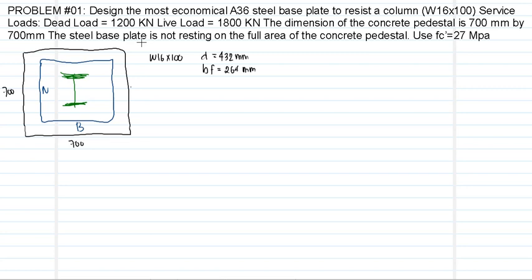The steel base plate is not resting on the full area of the concrete. Okay, so we have to use fc' equal to 27 MPa. For W16 by 100, the depth of this column section is equal to 432 mm and the width is equal to 264 mm. Okay, so for our solution,